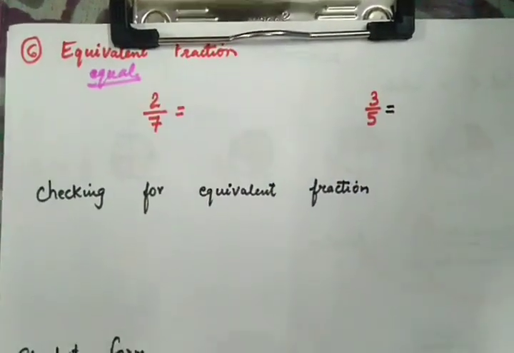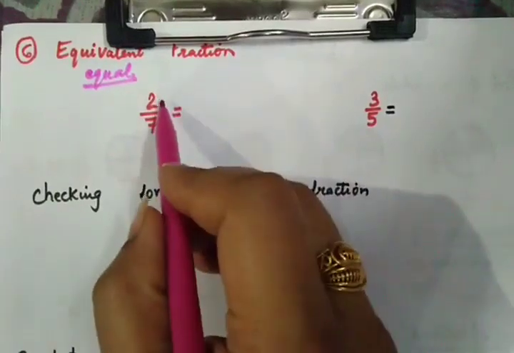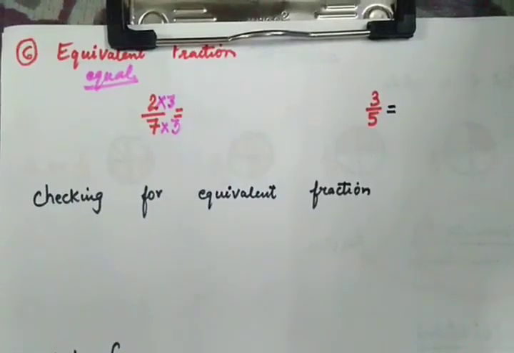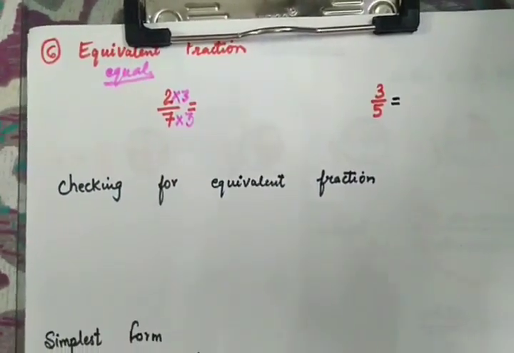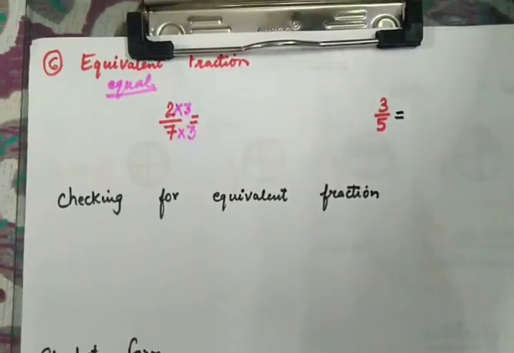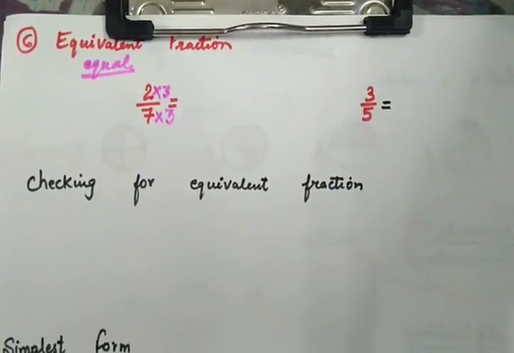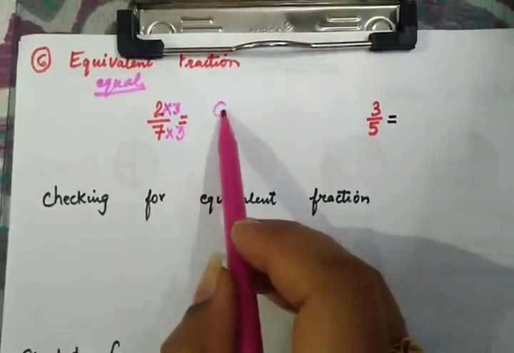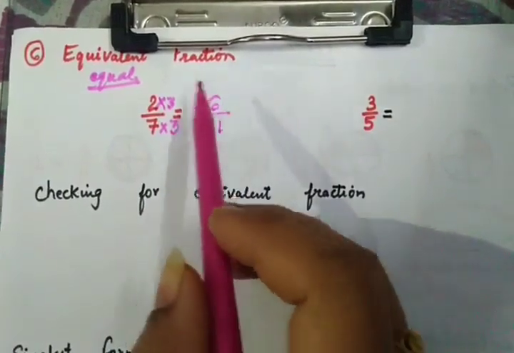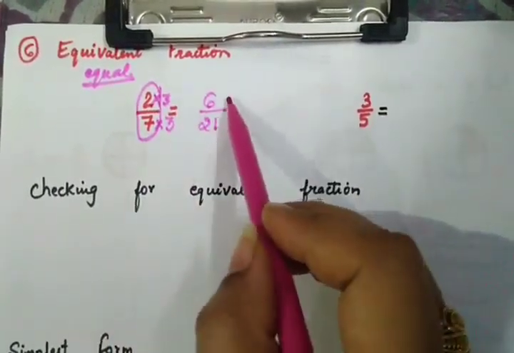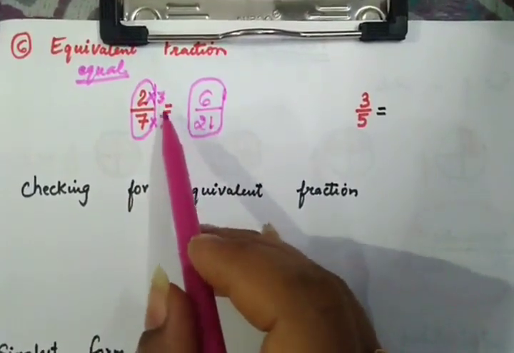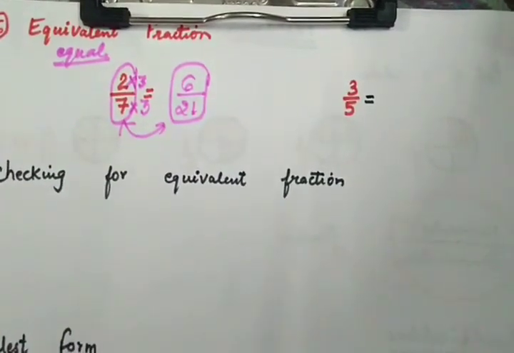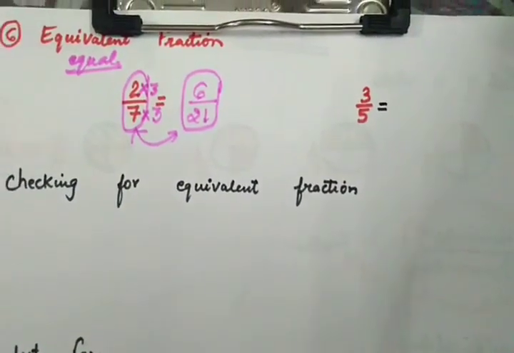Always, the number that you multiply in the numerator side, the same number you need to multiply in the denominator also. That means both need to be multiplied or divided by the same number. The same operation with the same number needs to be done with both of them. So if I multiply 2 into 3, 6, and 7 into 3, 21, actually 2 upon 7 and this new fraction, which has come by multiplying 3 on both sides, these two are the same. So either you call them equivalent fraction or equal fraction, the meaning remains the same.